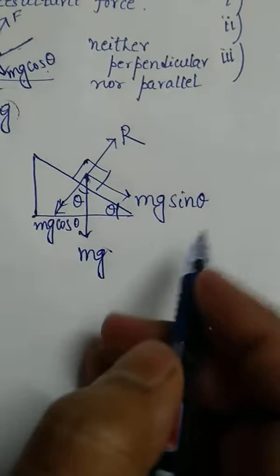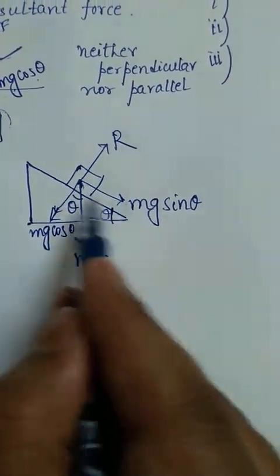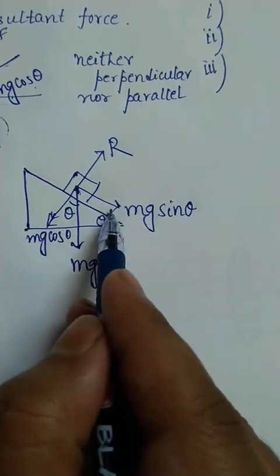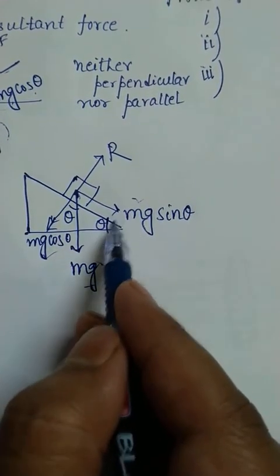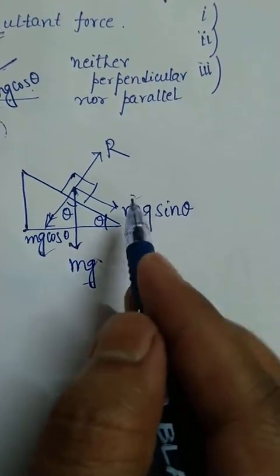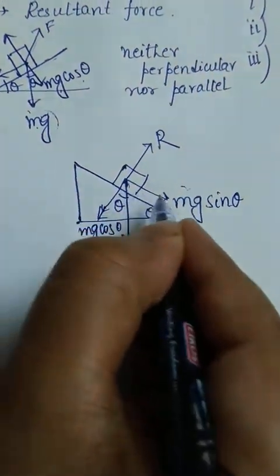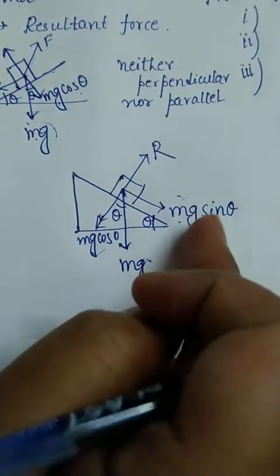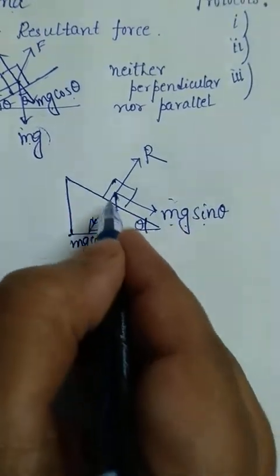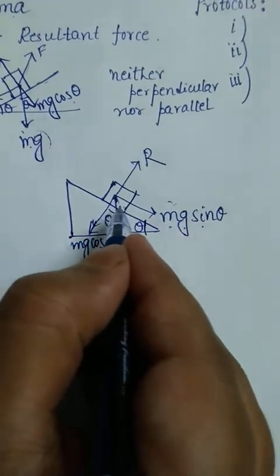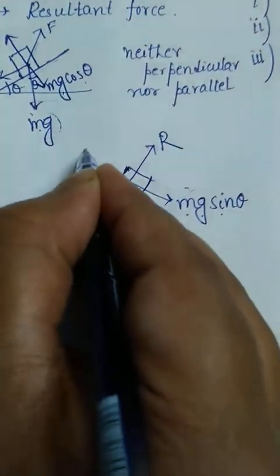You may think why this mg sin theta is not acting upward. Because this is the resultant force, we have to divide it into two components. The resultant of these two forces must be mg, so that is why this is along this direction, mg sin theta. Actually, what is happening is this mg sin theta is trying to take this object downward. But let's say the object is in equilibrium, meaning it is at rest here, so there must be some other force, that is friction.